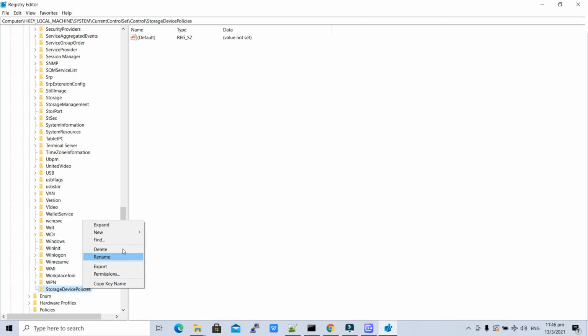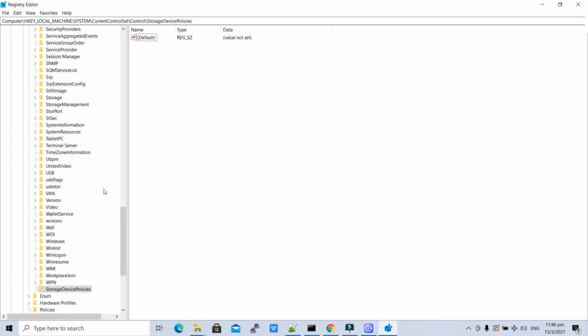Now inside this, we need to create a new 64-bit value. If your computer is 64-bit, you can use this. If your computer is 32-bit, you can use this. Since my computer is 64-bit, I can use this.